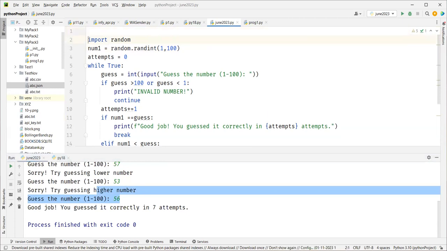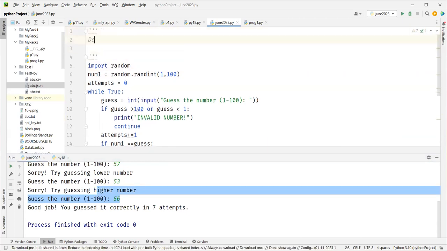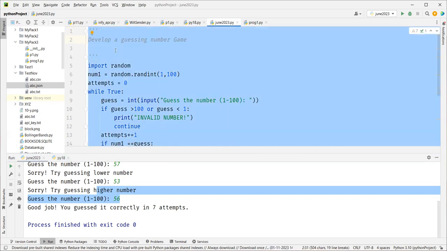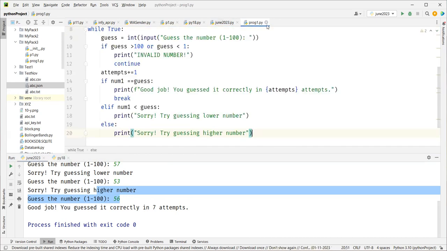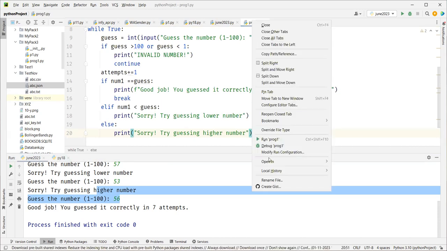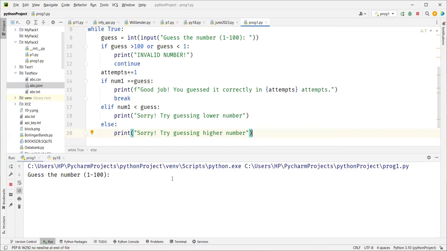Now we can name it, we can tell what it is: develop a guessing number game. Now what I'm going to do, I'm going to copy this program and put it here. Basically, I'm doing a duplicate, right? And when you run it,